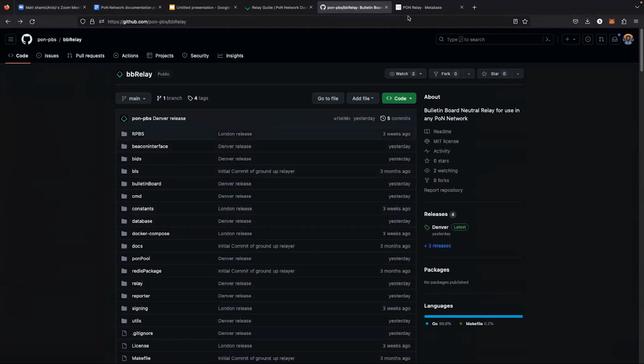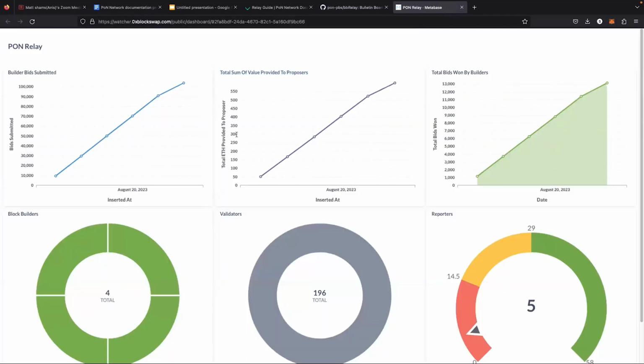Just to give you an idea of what we have been doing with our relay for the last couple of months, like all the testing that we have done, these are the statistics from our devnet testing. You can see all the builder bids, sorry, that are